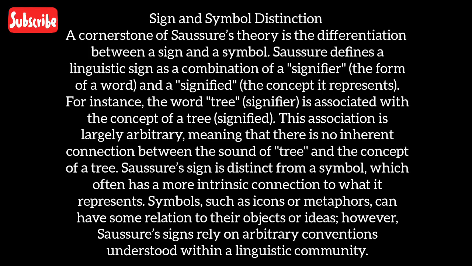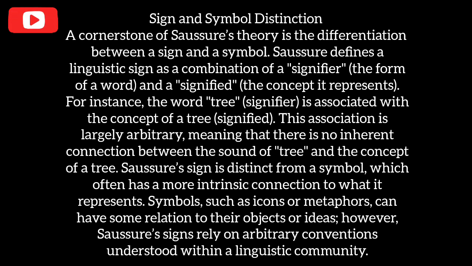Sign and symbol distinction. A cornerstone of Saussure's theory is the distinction between sign and symbol. Saussure defines a linguistic sign as a combination of a signifier and a signified. The signifier refers to the form of a word and the signified to the concept it represents. For instance, the word tree, which is a signifier, is associated with the concept of a tree, which is a